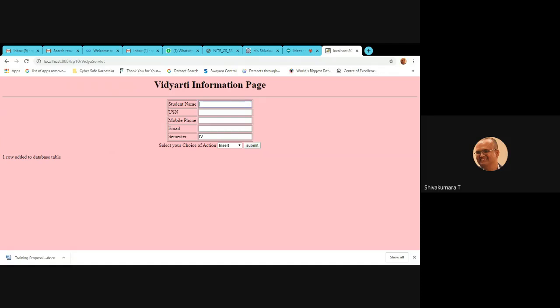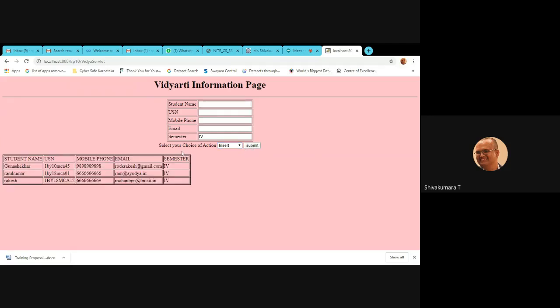Third one, add some records. It is not adding the record with the same USN, because USN is set as primary key. Right, insert, display records. All records that were inserted are displayed.